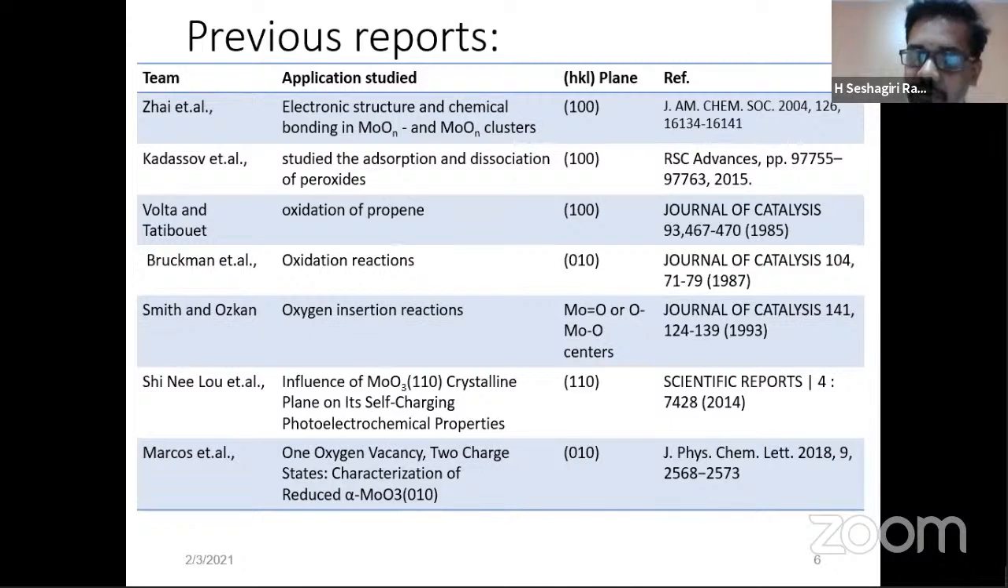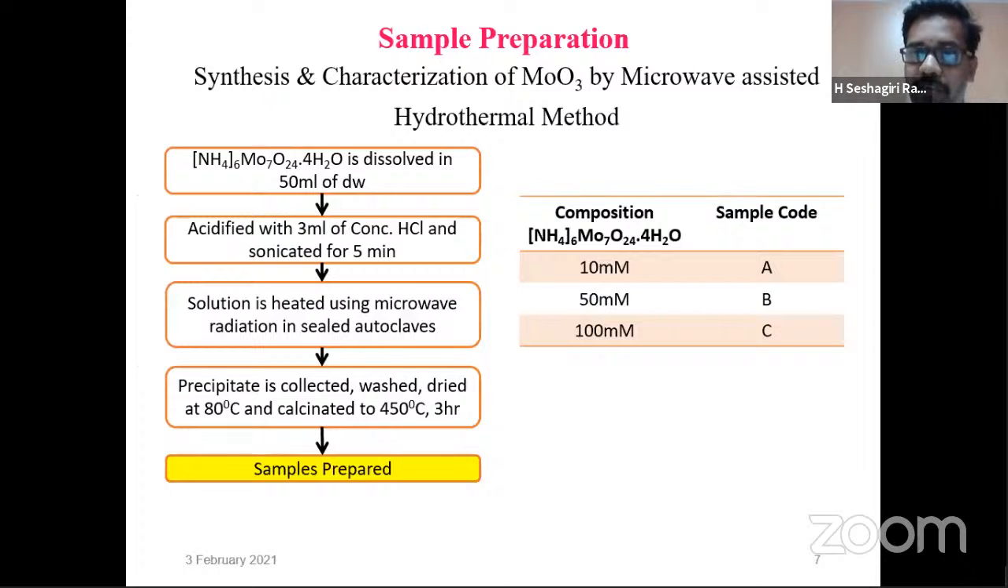And so we started to synthesize this MoO3 in a controlled plane manner using the microwave hydrothermal method, where we used ammonium molybdate as a precursor salt. We dissolved it in water and then acidified with HCl. Then we subjected it to microwave irradiation in autoclaves, and the samples were collected, centrifuged, dried, and then calcined